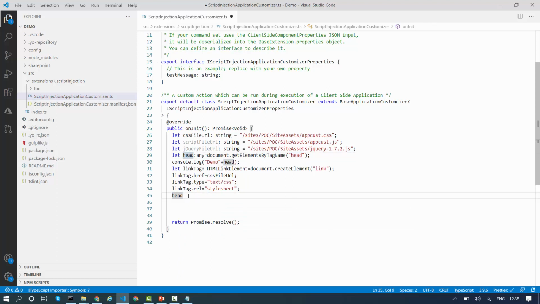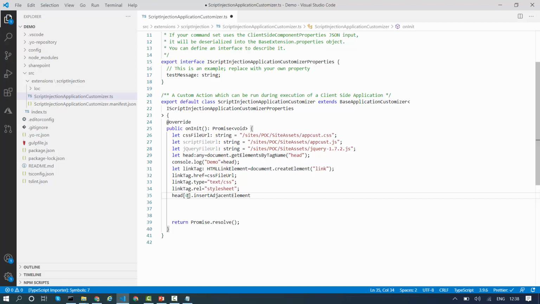So I'll say I want the first header in my SharePoint page, because I will be getting multiple head tags. So I'll say head, that is the first element, dot, as the next one I'll say insertAdjacentElement. So I am inserting the element, and my element is my link tag.